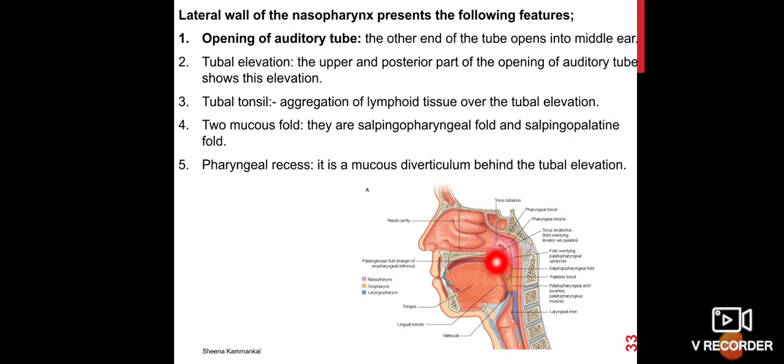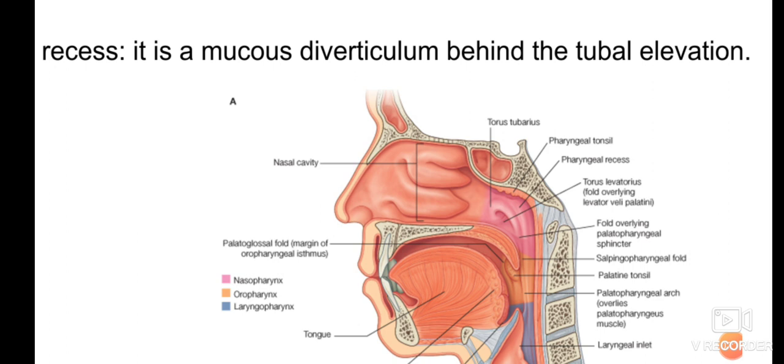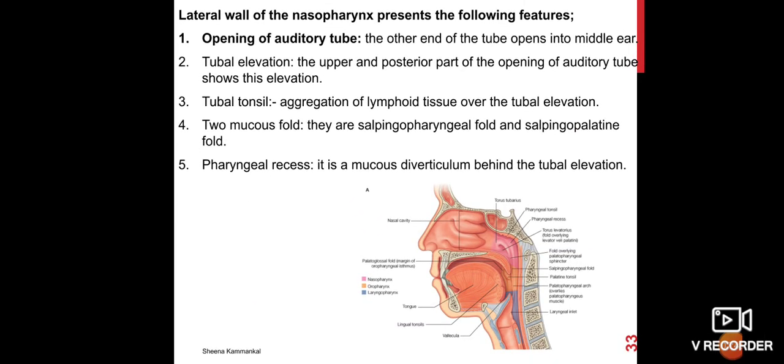This is the opening, and above this opening there is a thickened elevation, and this elevation is called the tubal elevation. From the tubal elevation, two mucosal folds run down, one towards the soft palate, the other towards the pharynx. This is towards the pharynx, and the anterior one is towards the soft palate. So these two mucosal folds